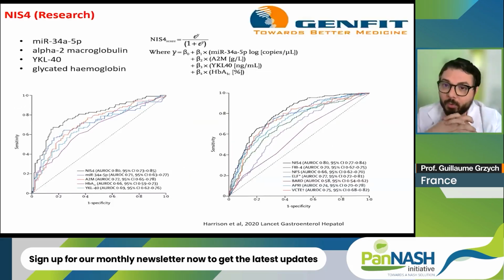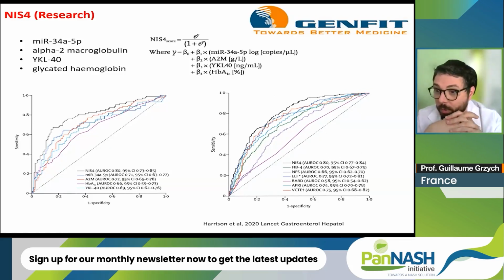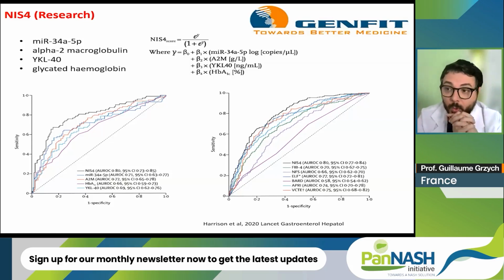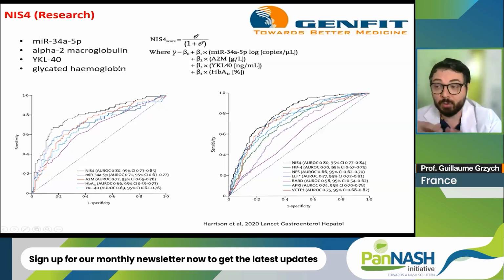In terms of research, there is an interesting biomarker combination score developed by a firm called GenFit. It is combined with very good performance here. You will see here 0.8 area under the curve. It could be great in two different cohorts. And you have here to measure some markers: miRNA, alpha-2 macroglobulin, YKL40, and glycated hemoglobin. So it could be good to combine these markers to have a good score for NASH, but unfortunately